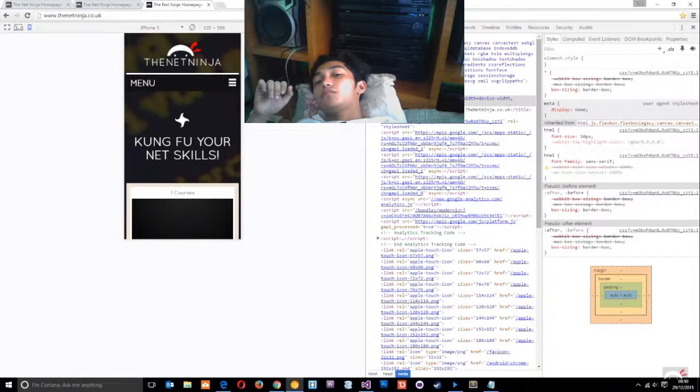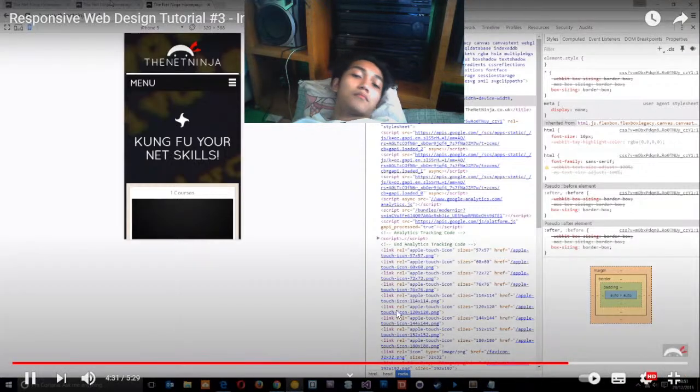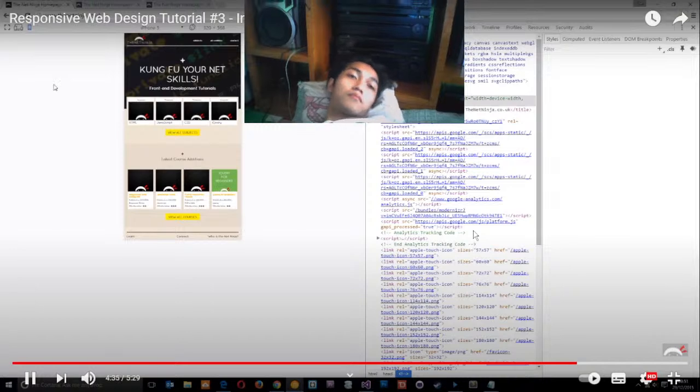Now we're going to talk about this a little bit more in the next lesson, where we start coding up our HTML, but I just wanted to show you an example of this viewport in action. So this is the default viewport for a mobile phone, where it's quite wide and then it's